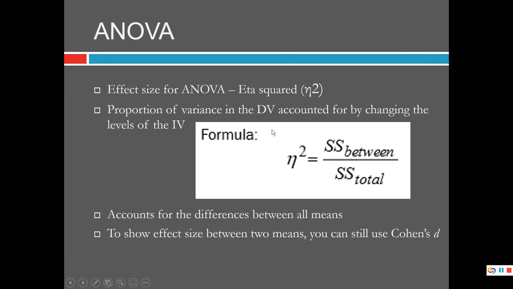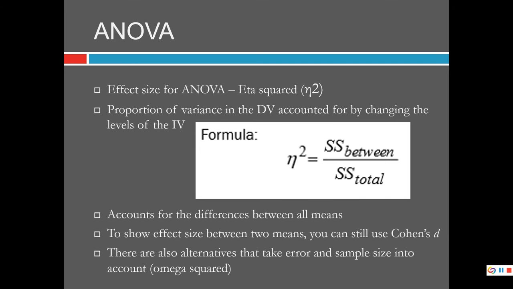So this eta squared is talking about the whole test that you're doing. But frequently people, when they're comparing two of the groups in follow-up tests of ANOVAs, they'll still use Cohen's d to make those different comparisons between groups. So that last formula I talked about still matters here. And there are lots and lots of different effect sizes. People have different opinions about them. Sometimes you might want to take different types of error and sample sizes into account, so there are other options